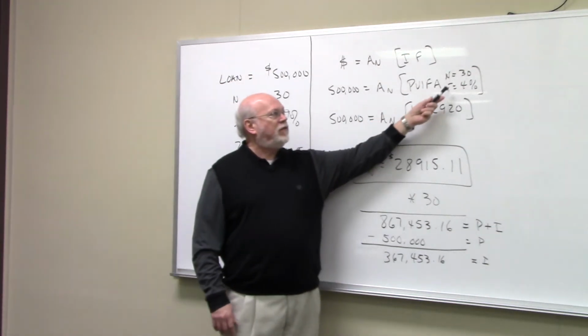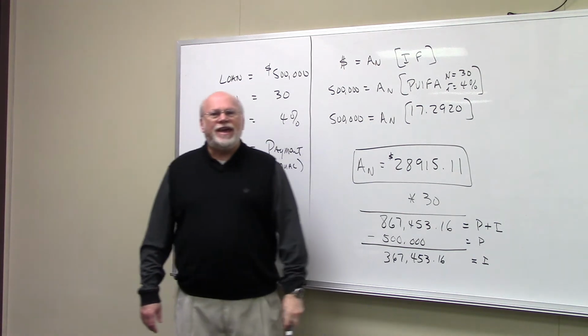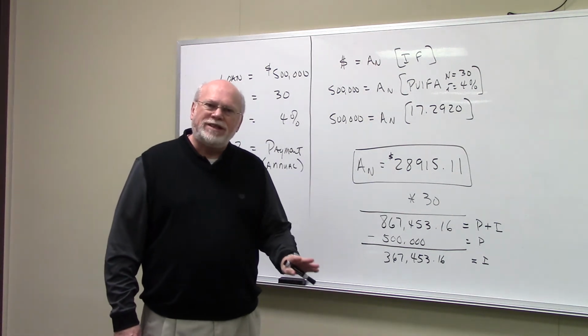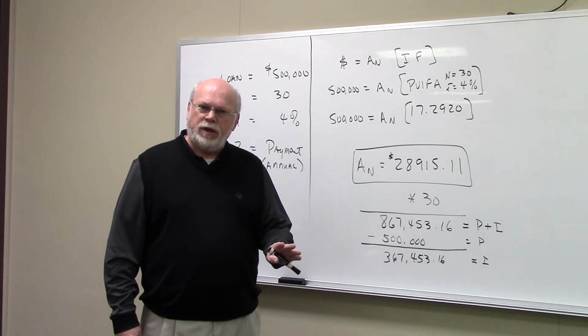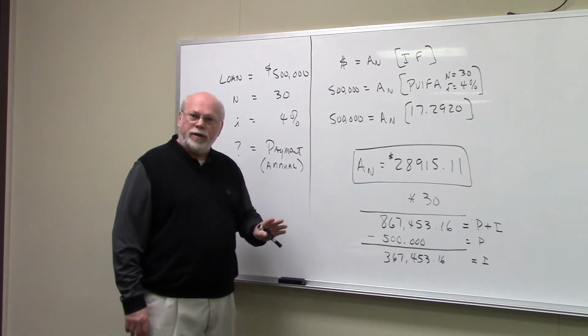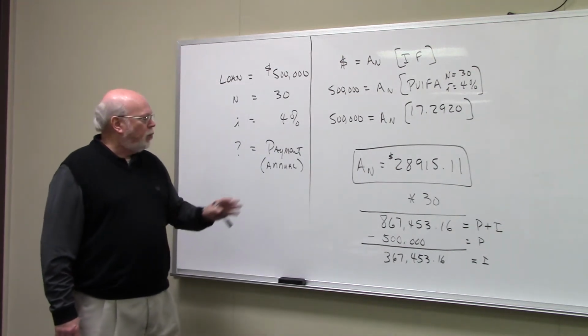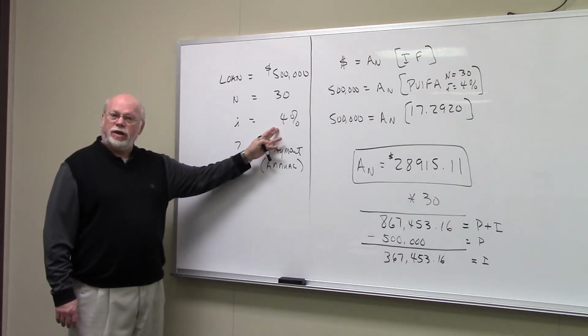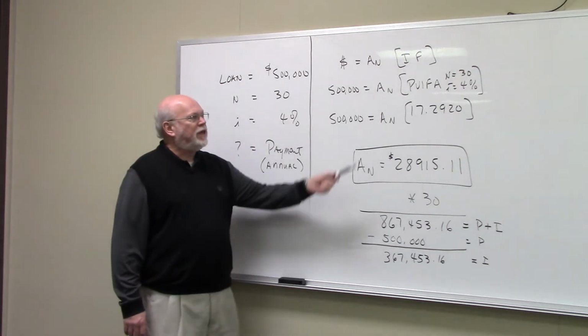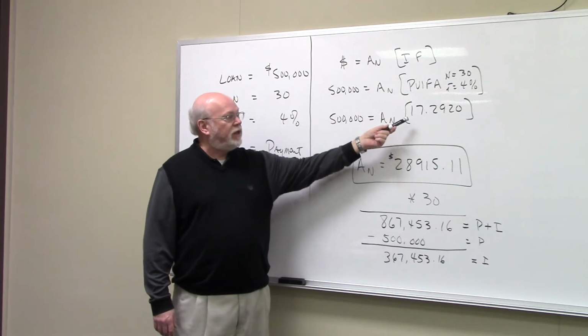Now, when you deal with annuities, N is always equal to the number of payments. So we're going to make one payment a year for 30 years, so N's 30. We want the annual interest rate, the yearly interest rate, that's 4% in this case. If you look up your PVIFA at 30 and 4%, you find